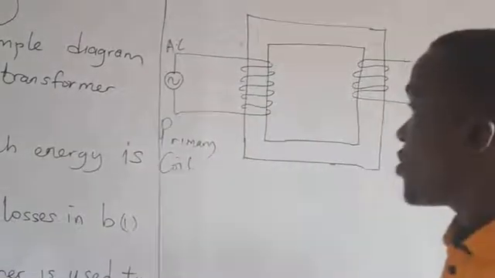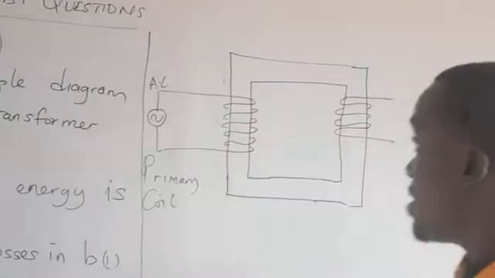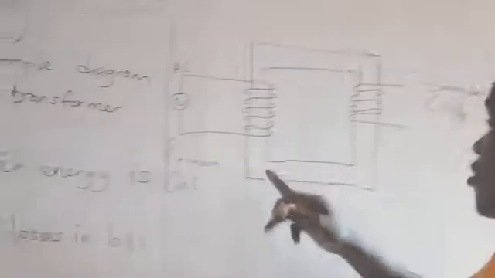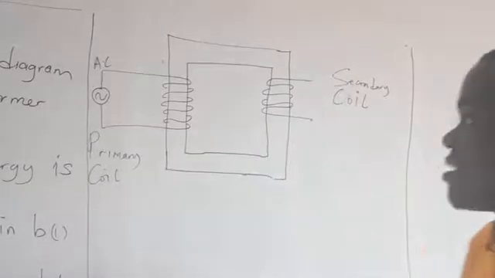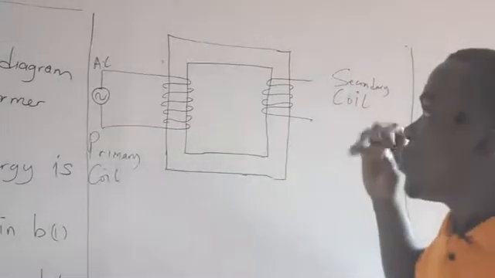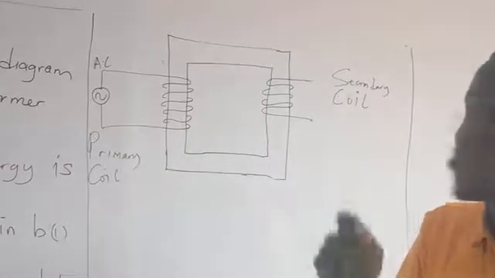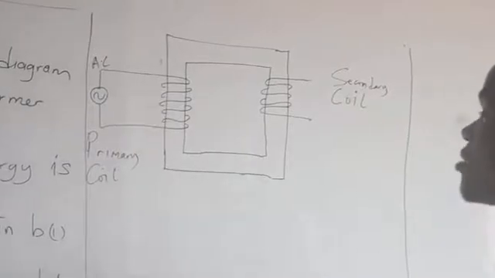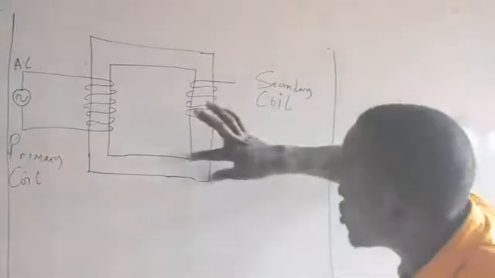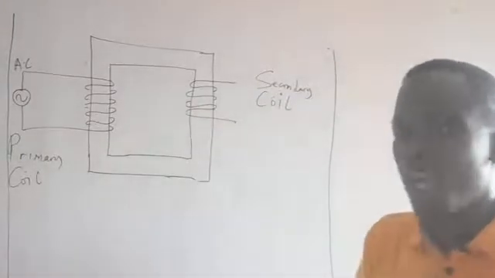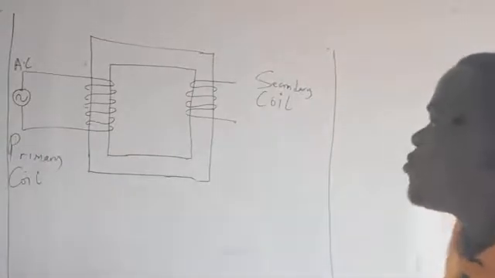Now take note, when it comes to the transformer, we are dealing with the turns, and with the iron core. There is always a word used to describe the iron core, which is the soft iron core. So when you are explaining, it is very important to make use of the term soft iron core whenever you mention this core. And those of us who understood Faraday's law of electromagnetic induction will know what goes on here.